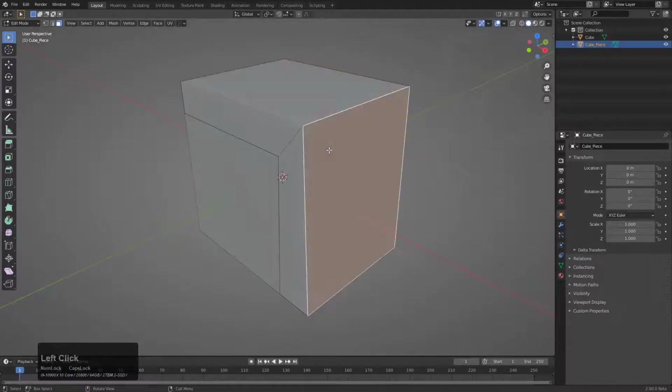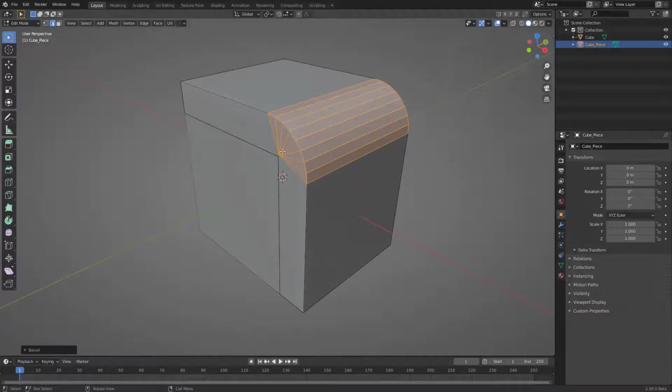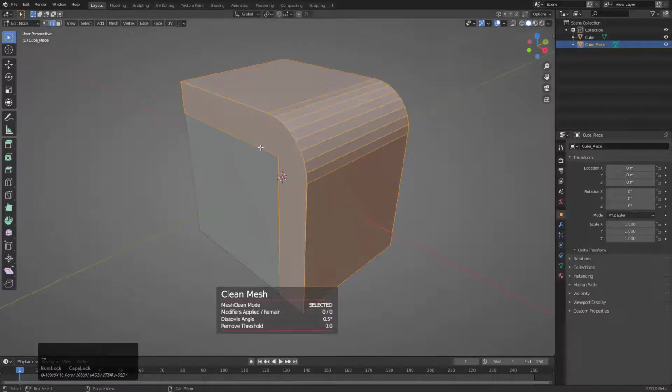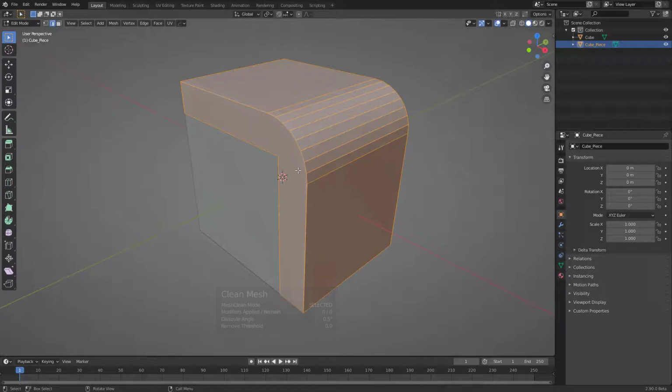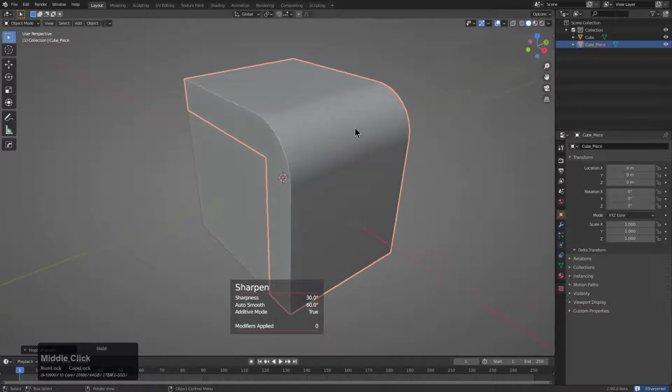I can just flatten these pieces out, of course, or use EM macro and start turning this into what I need, start beveling in this without taking any consideration of what it's doing to geometry on the side, because I know that in object mode, I can always just clean the mesh and it will just clean this up to its simplest form, getting rid of any degenerate coplanar geometry. But that's basically another one of the additional uses you can get out of